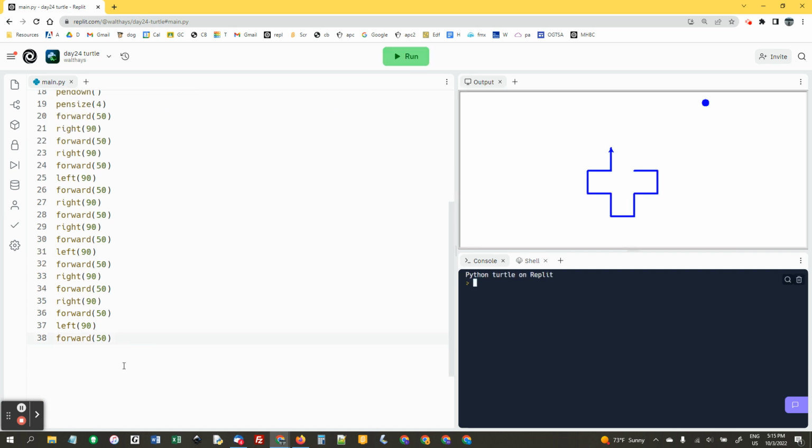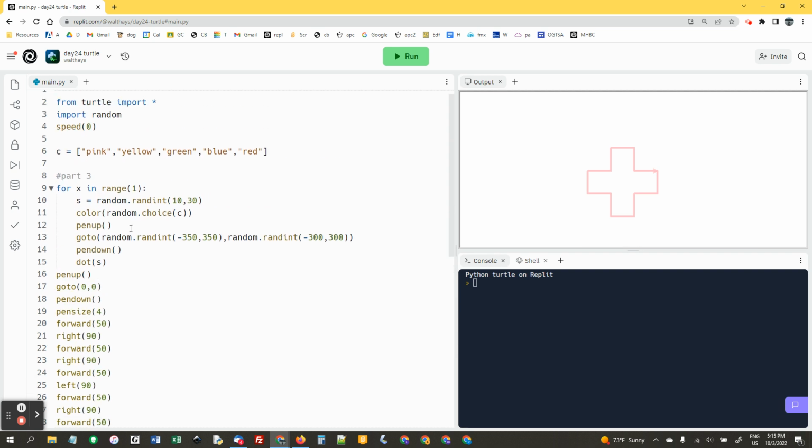Yeah, and one more set of those things. I drew a little more than I had to. I didn't have to do this last left or forward. I want the color to be different, so I'm going to color black. It was just doing the random last color, and I just want it to be nice and dark. Okay, and then